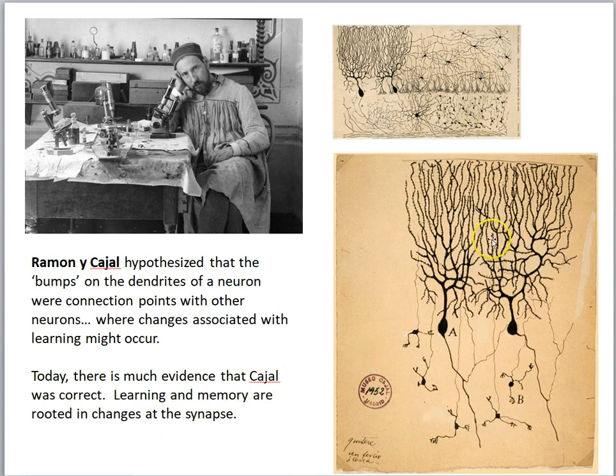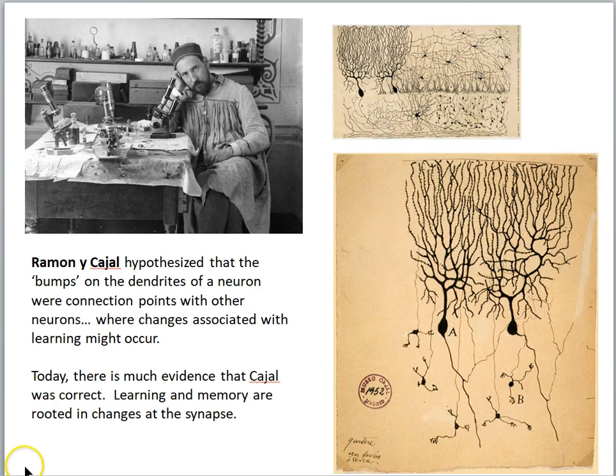Now, if we take a look over here, some of his fantastic drawings, we see two neurons here, the cell body, axon. We've got an extensive dendritic tree, and you can kind of see the little bumps on the dendrites here. Those would be spines. What we don't see are the axons and terminals making synapses on those spines. But Cajal was an expert microscopist and neuroanatomist, and he speculated that learning involves biological changes at certain sites on